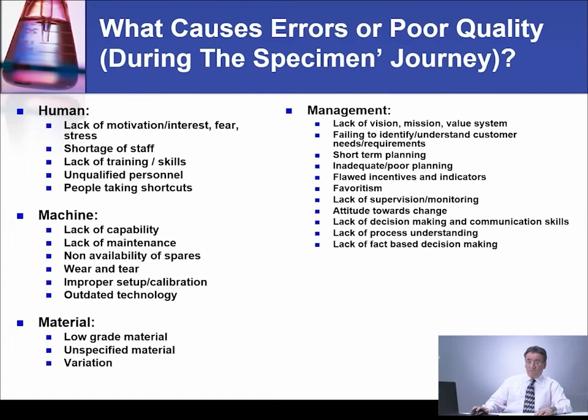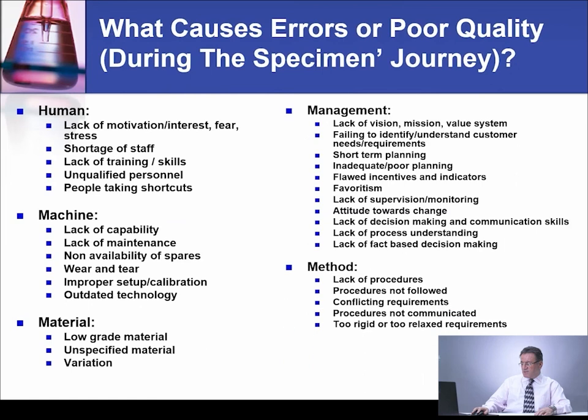It could be management: lack of vision, mission, and value system, failing to identify or understand customer needs or requirements, short-term planning, inadequate poor planning, flawed incentives and indicators, favoritism, lack of supervision or monitoring, attitude toward change, lack of decision-making and communication skills, lack of process understanding, lack